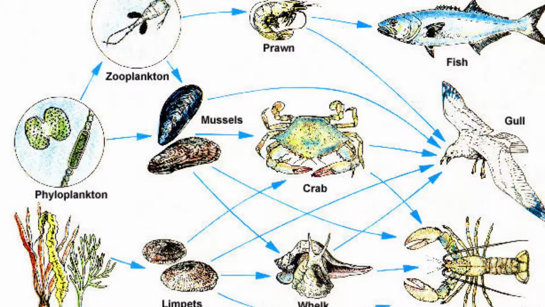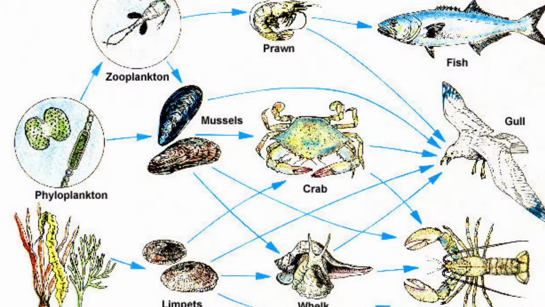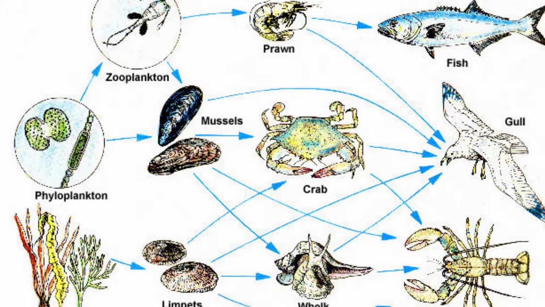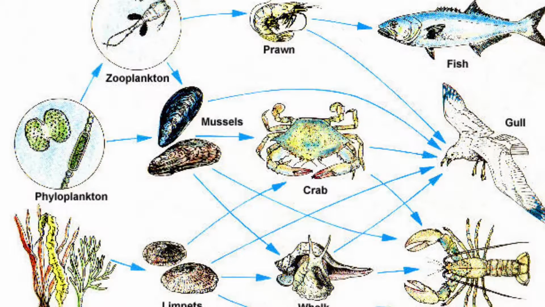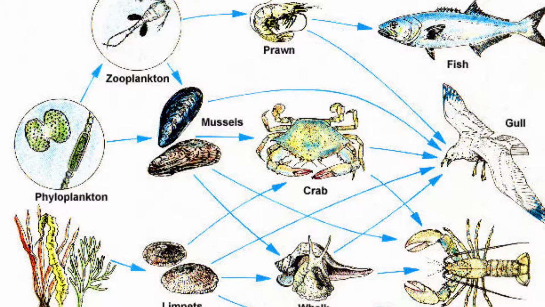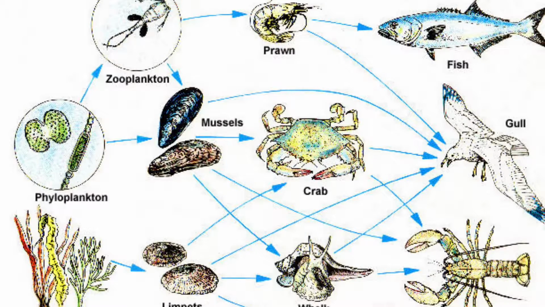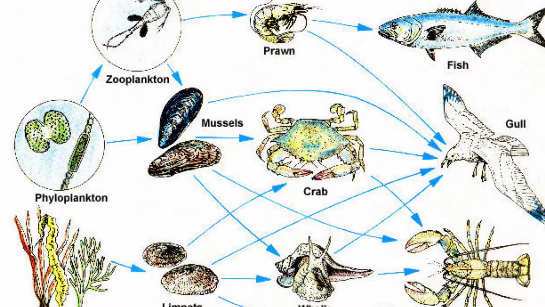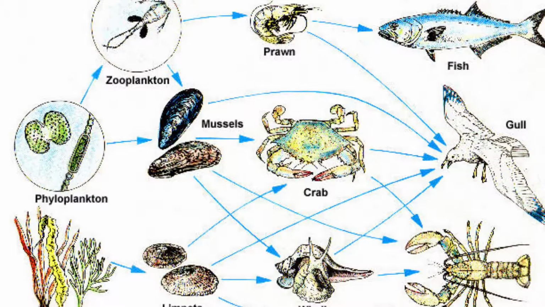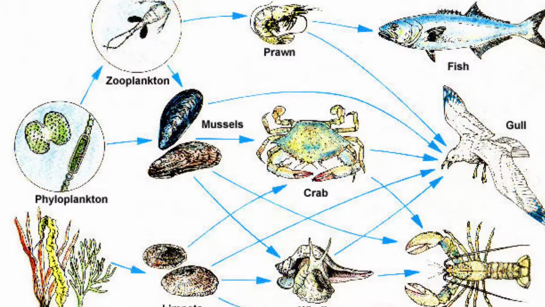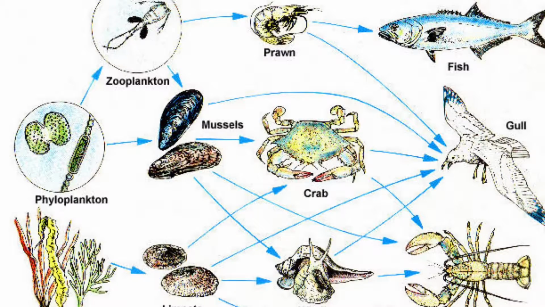Food web. Most organisms have more than one food supply. For example, gulls eat crabs, mussels, prawn as well as whelks and limpets. Lobsters eat many different animals, such as crabs, mussels and whelks. Each individual organism is involved in many food chains. These food chains interconnect to form a relationship called a food web. A food web is the combination of all of the food chains which exist within a community.